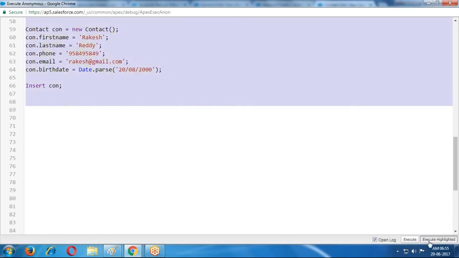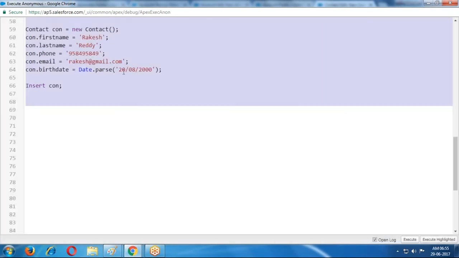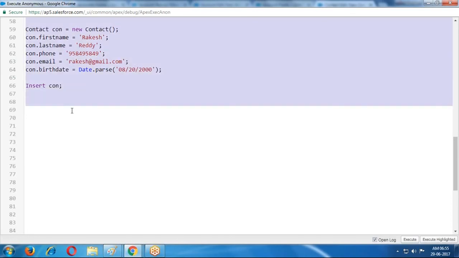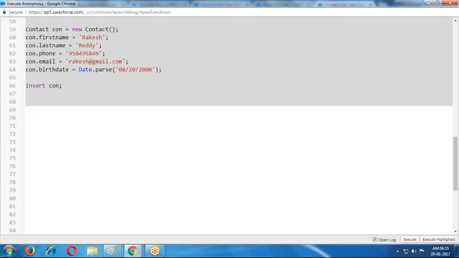Is it accepting? It is also not accepting. With 08/20, I can pass it. Now it is accepting. We have so many problems in this parse method.